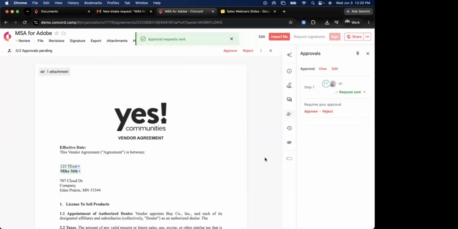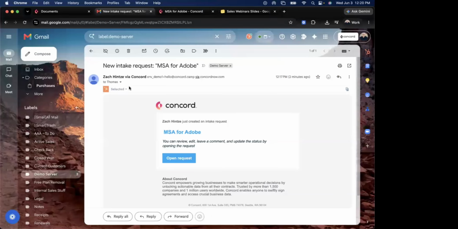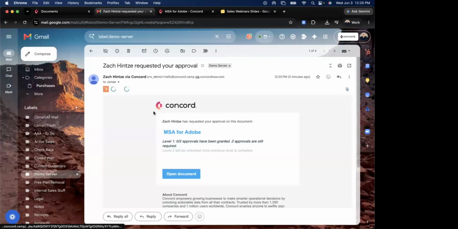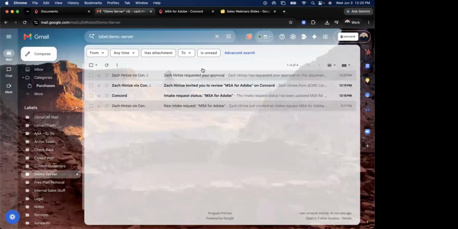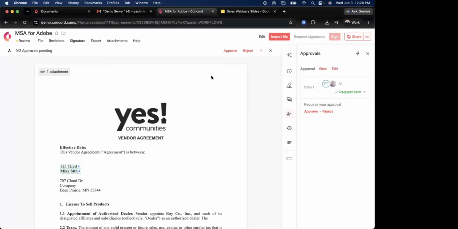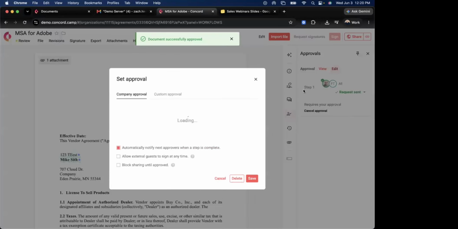That email is going to get sent out to the approvers, letting you know that someone has requested that, just like this. And you'll see there's a lot of emails going out. So we have like intake request status once it gets updated because the document's been created, that's going to go out. When someone invites you to review, and then when your approval has been requested, there's an email for that as well. So a number of different things are going out from the system to update everyone on the steps here. So once I come in and approve that one, we can move that now into that signature process,